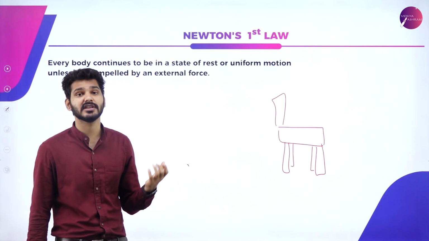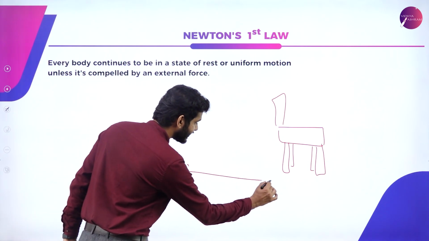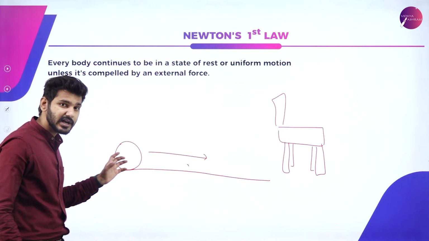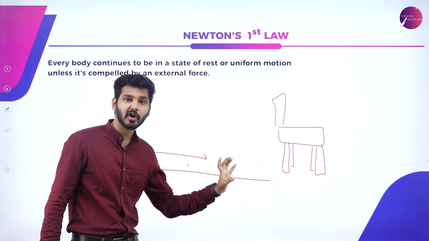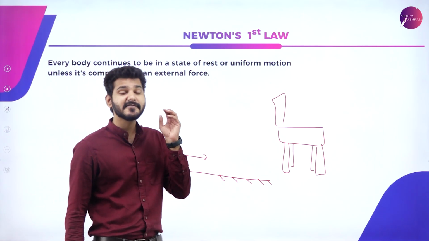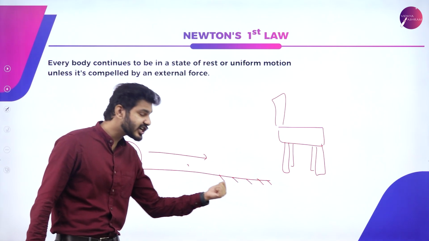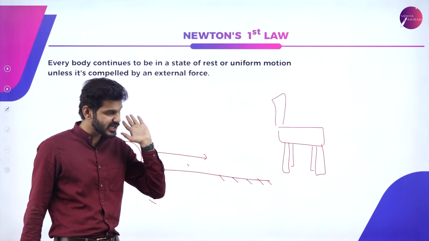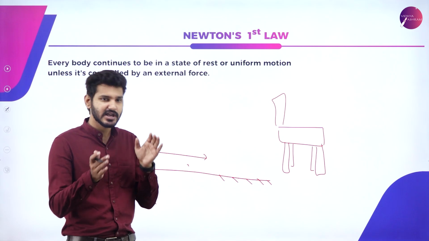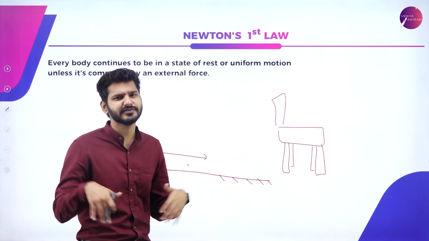That is actually true in the case of every daily object. We know now that if there is a plane like this and a ball is rolling like this, that ball comes to a stop only because there are tiny imperfections on the floor, which is known as friction. So this object comes to a stop because a frictional force is acting on it, asking it to stop. You can imagine it as a bumpy road much more clearly. So in every surface, there are actually small imperfections inside that floor or smooth surface or any surface.